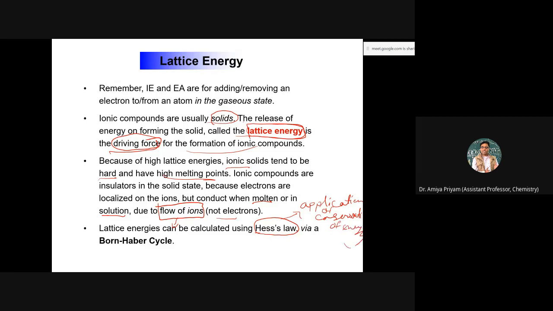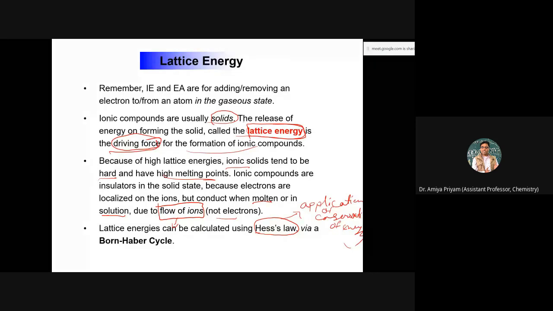It tells you that if the starting point and finishing point are the same, it doesn't matter how many steps you take, whether you perform it in one step or two steps or multiple steps, the overall energy released will be the same. So that is basically conservation of energy. And Hess's law was used to